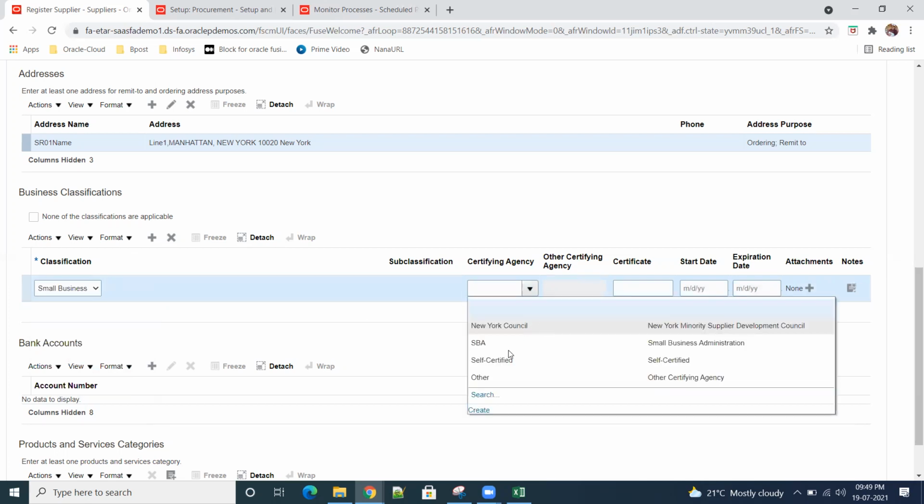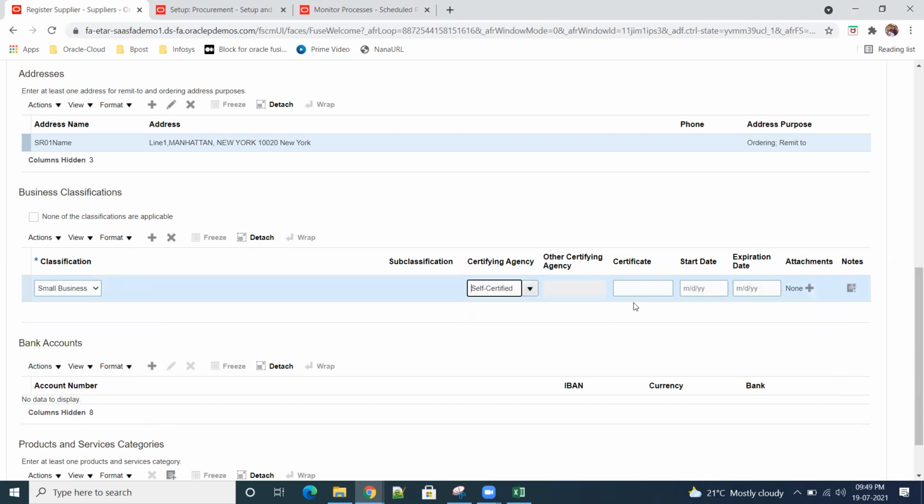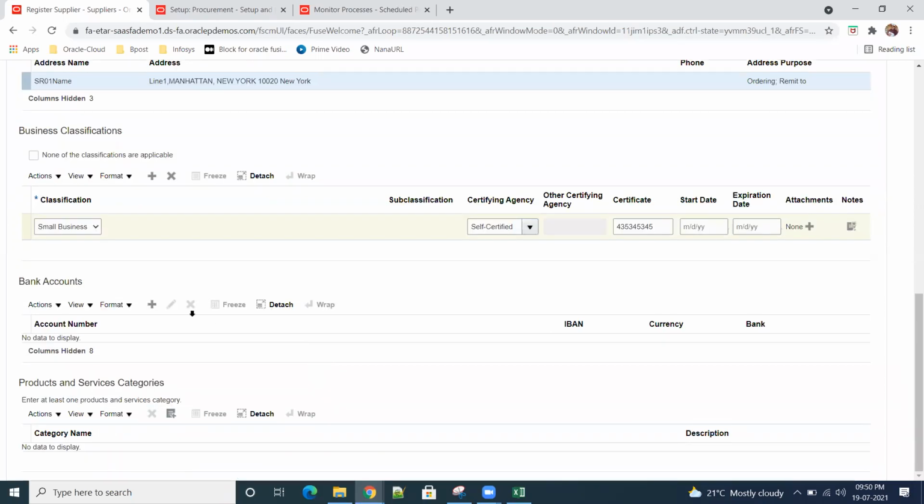Certifying agency, self-certified, certificate number if you have. Every company has certain policies, rules and regulations, and everything has to be followed by the supplier. Otherwise, the supplier won't be qualified. For qualification, there is a separate topic. That time we'll see it.